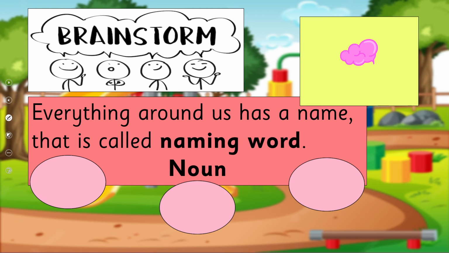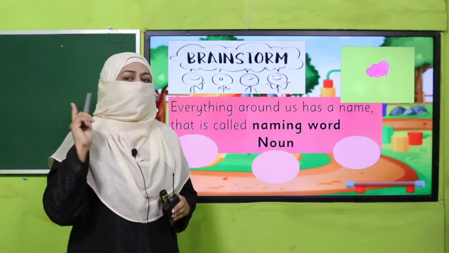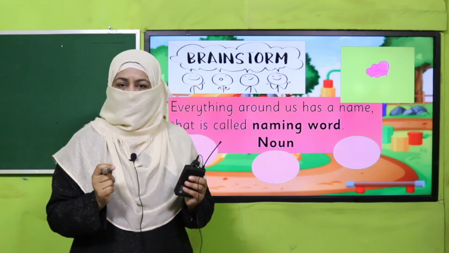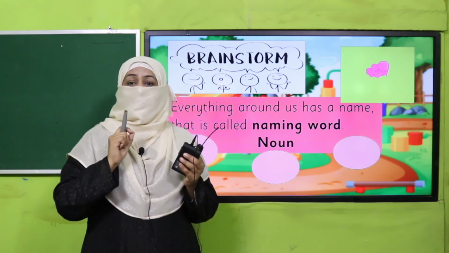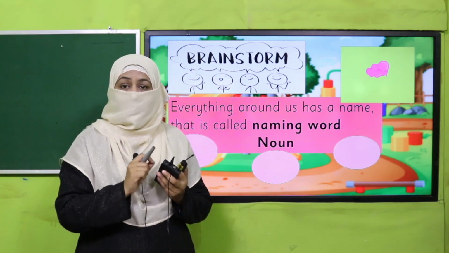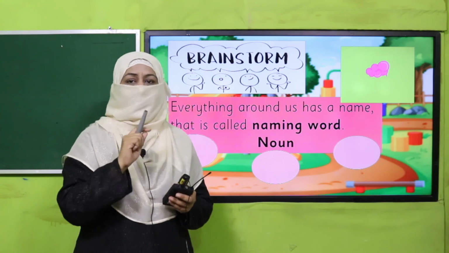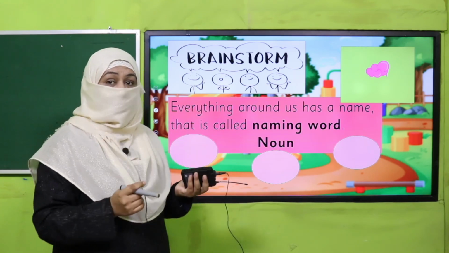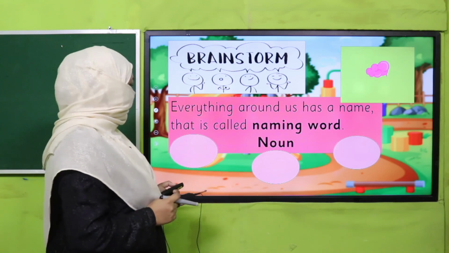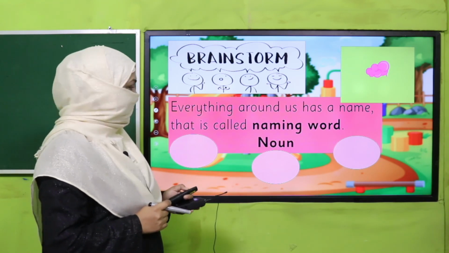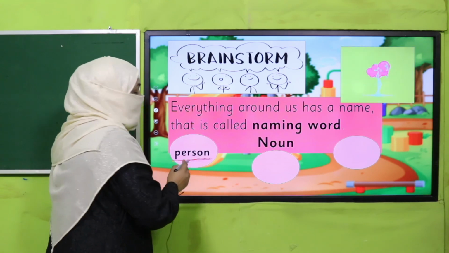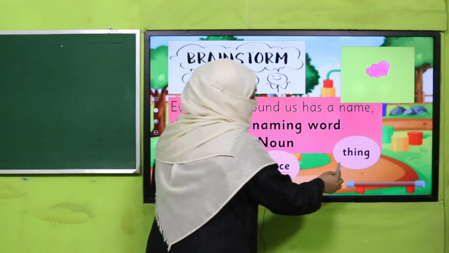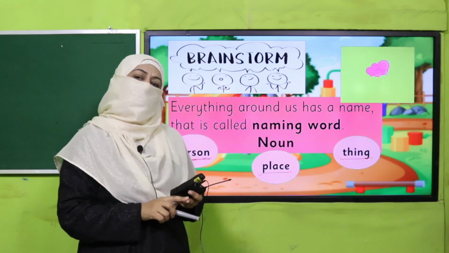Before starting that, let me tell you, if you look around you, wherever you are sitting, whatever is around you, that is your immediate environment. And wherever you are sitting, whatever you can see, hold, touch or feel has a name. Okay? And that is called the naming word. So, there are too many names. As I told you, we have divided these naming words into different categories. For example, person. Person means human beings. And place and thing. Thing includes living and non-living both.